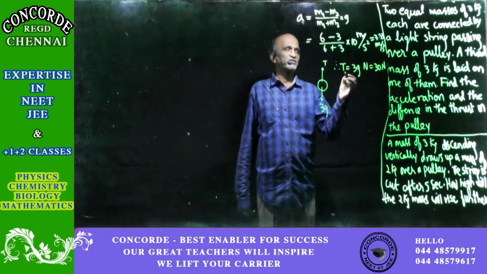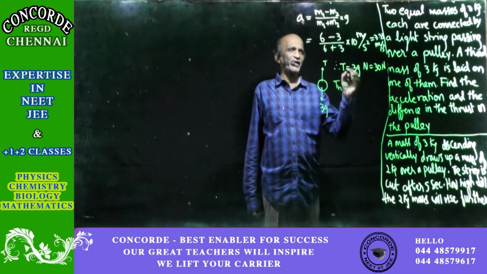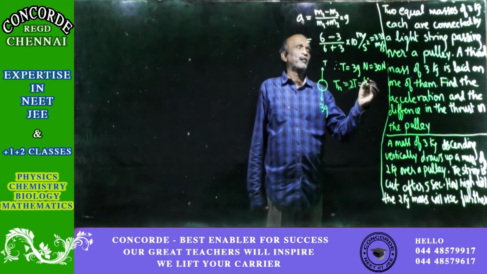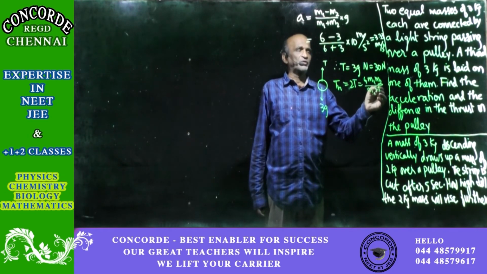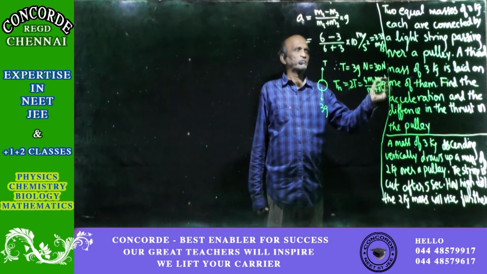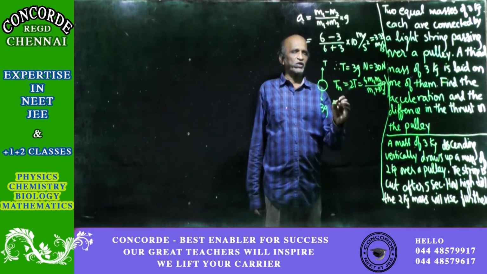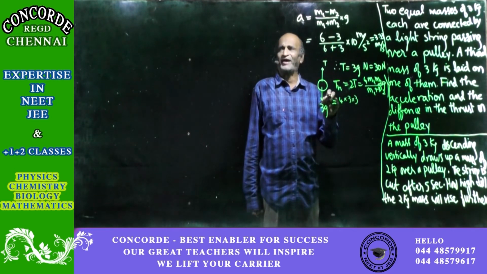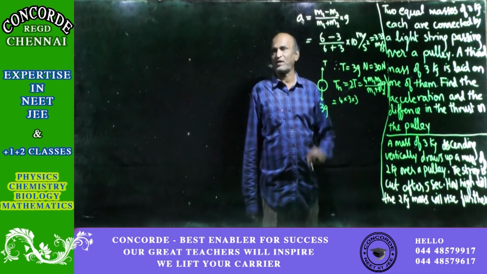Finally, what will be the thrust? So the thrust at the beginning will be equal to 2T, that is equal to 4 m1 m2 by (m1 plus m2) into g. So by putting the values, it will be 4 into, m1 is 3 and m2 is also 3. At the beginning we have to find, then also find at the end after putting another 3 kg mass, then see the difference. That is the question.